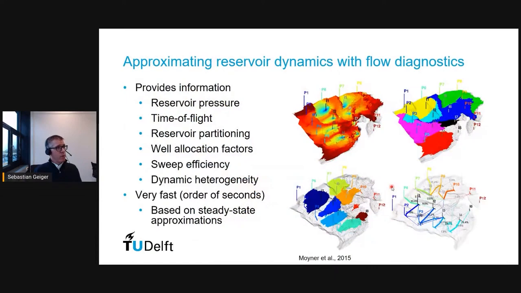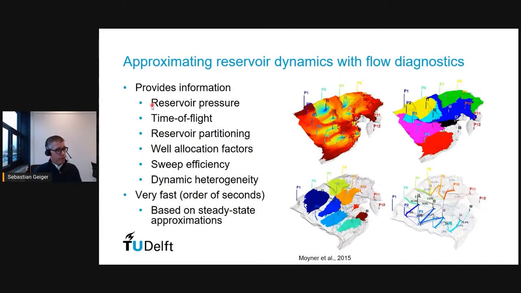Once we have a grid that we're happy with, then we approximate the reservoir dynamics using so-called flow diagnostics that Knut-Andreas Lie and Olav Møyner and their colleagues at SINTEF have developed over the last 10 years. So flow diagnostics are a series of very fast steady-state calculations that can take seconds to run, and they give